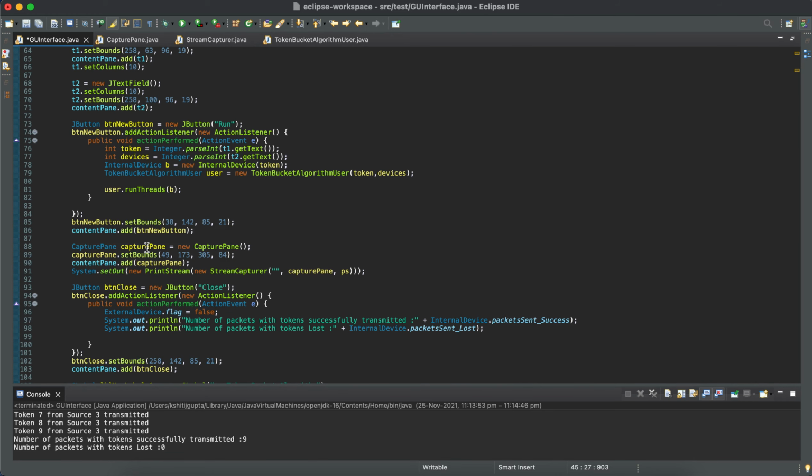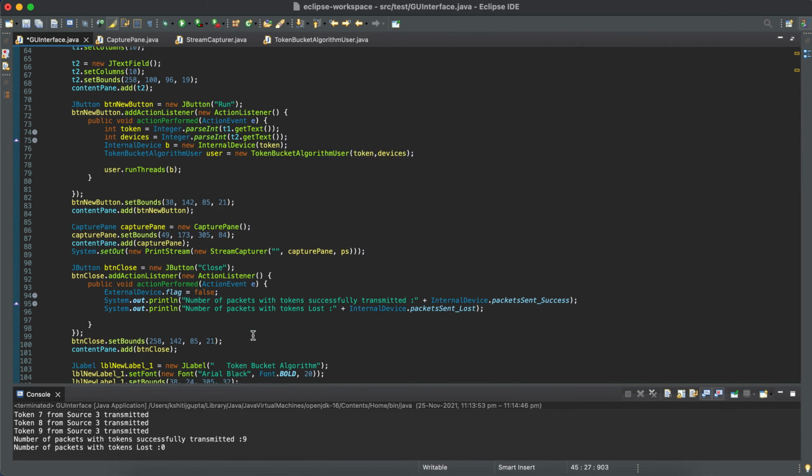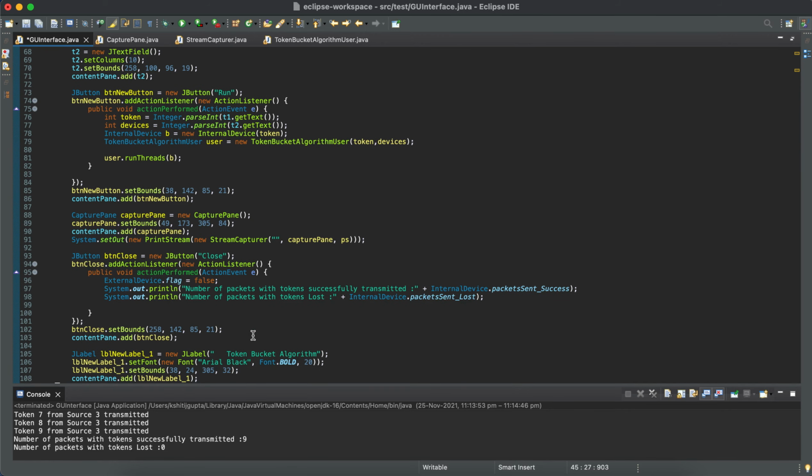Here we have created the capture pane object, and then we have set bounds. With the help of this particular line of code, we have set bounds for that capture pane, and then we are adding that capture pane to the content pane, which is finally showing the output while the run button is pressed.